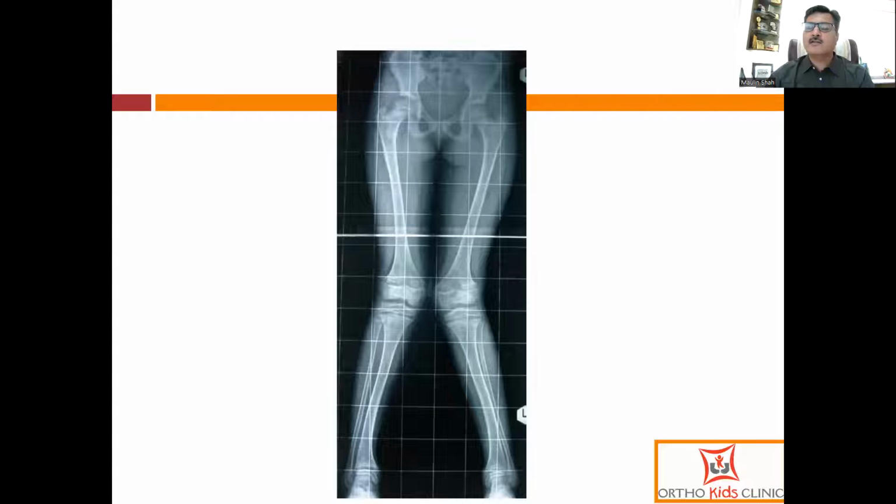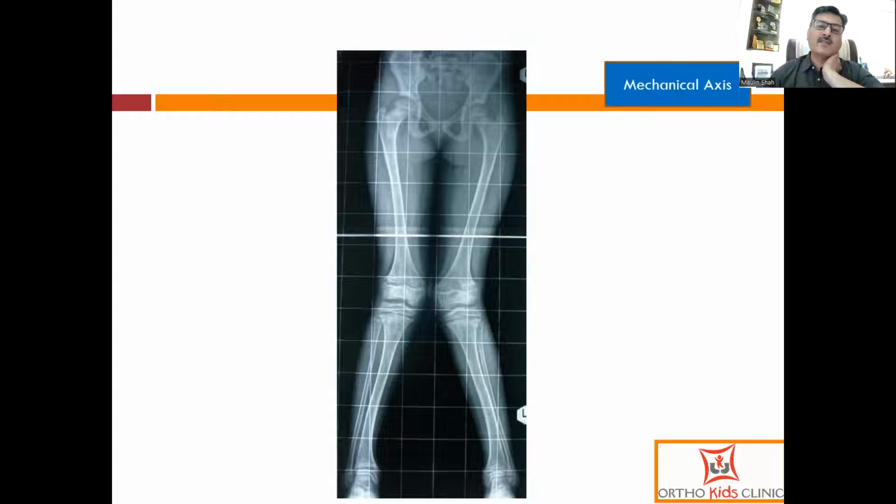Now, you need to take a full length scanogram with the patella facing forward. This is very important. If your patella is not neutral, then your calculations may go wrong. So you should train your radiologist how to take a full length X-ray. The second thing is, once you have a full length neutral X-ray, you start calculating the deformity by drawing a